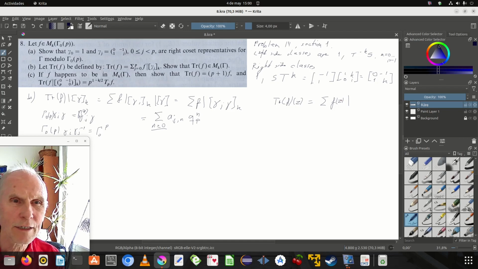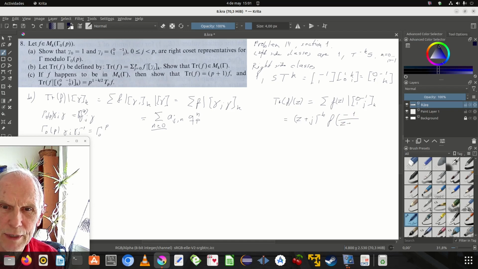Let's just forget the identity for the time being. And that's the sum of z plus j to the minus kth, f of minus 1 divided by z plus j, and that means that the expansion, oh my god,